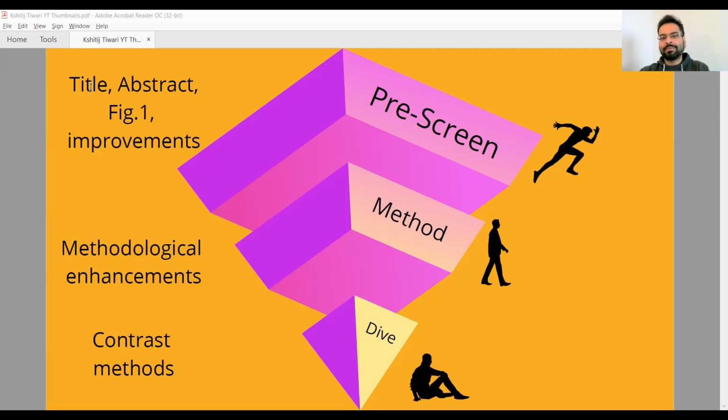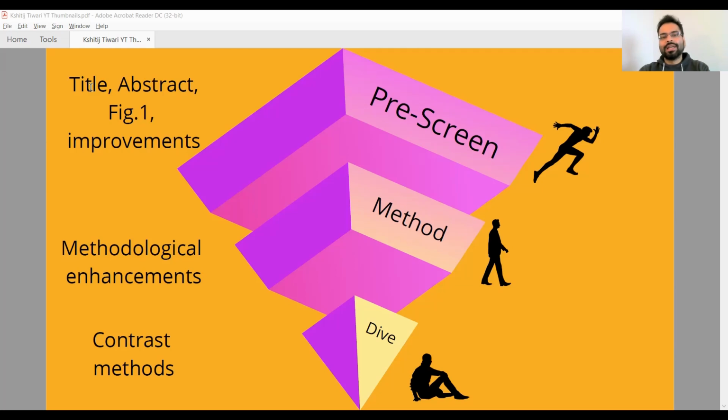Now in the machine learning domain, I know that the graphs and trends already start appearing in the first figure, but for the other domains, typically the first figure is more like a visual abstract. So it's a high level description of the paper. If you look at the title, the abstract, and figure one as a triangle of understanding the paper,